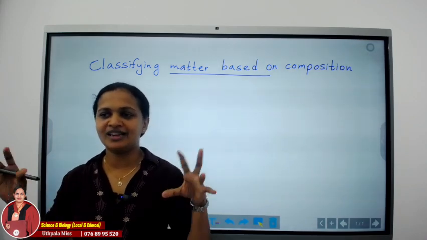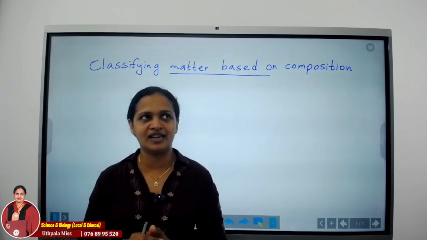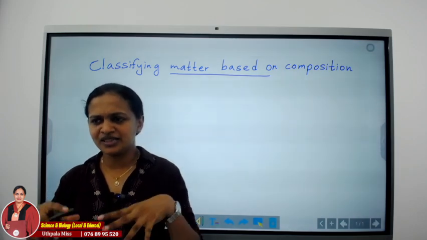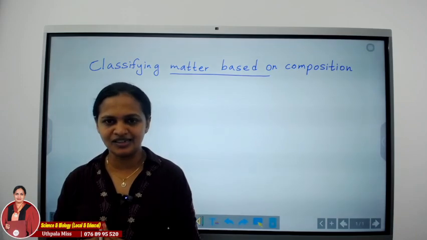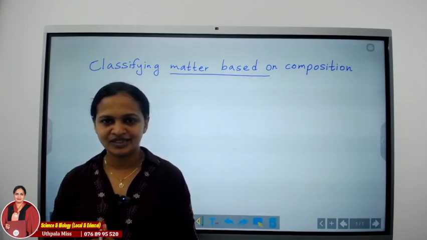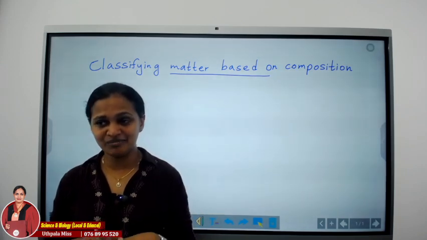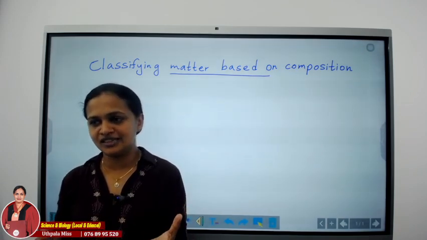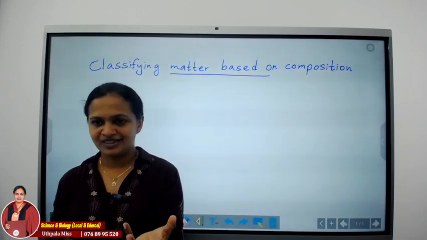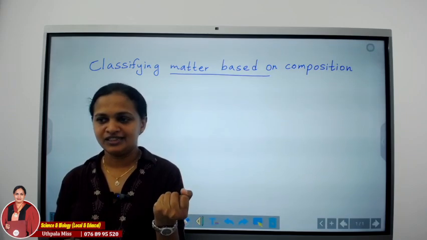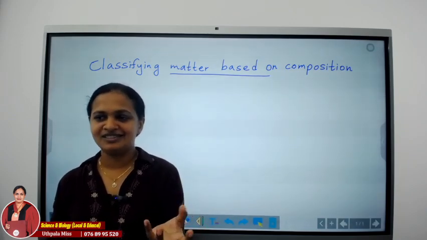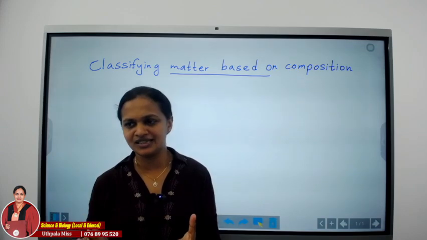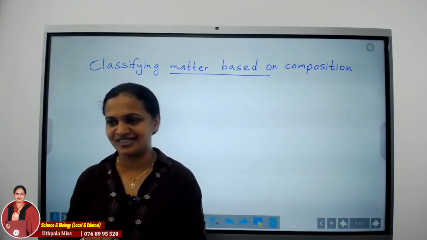Right, now we know that there are three states of matter: solids, liquids and gases. Now think of the food that you consume today. It is a mixture of a number of substances, right? Food is a mixture of different components. Even a cup of tea, coffee, milk tea, or some cordial that you have consumed, these are mixtures. They contain a number of substances.